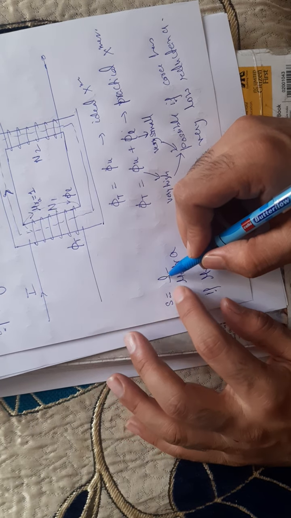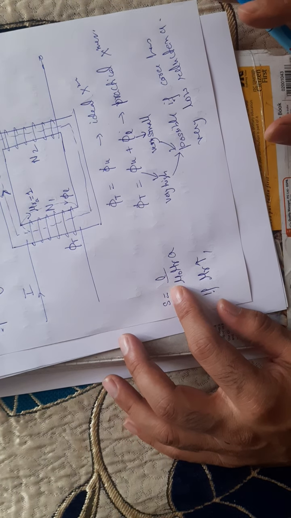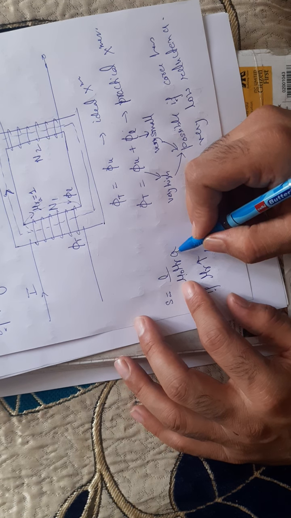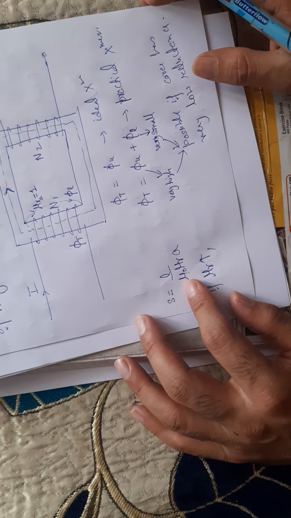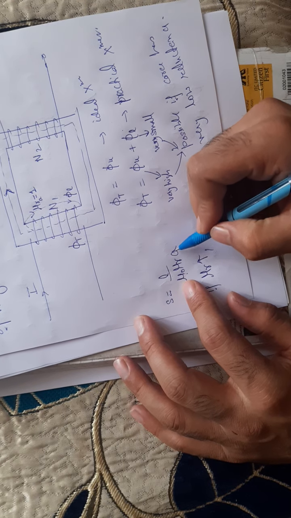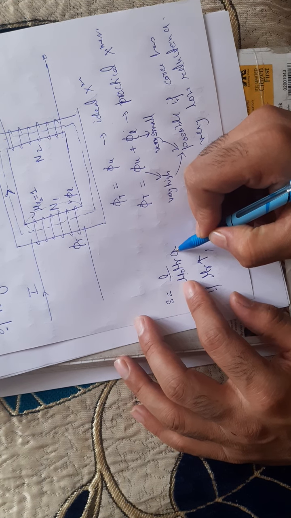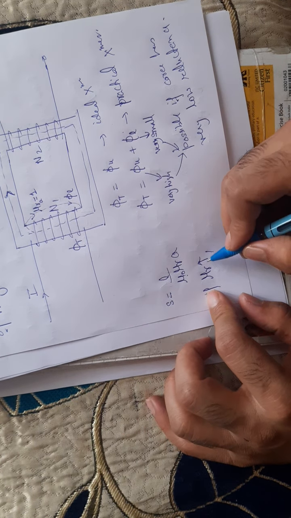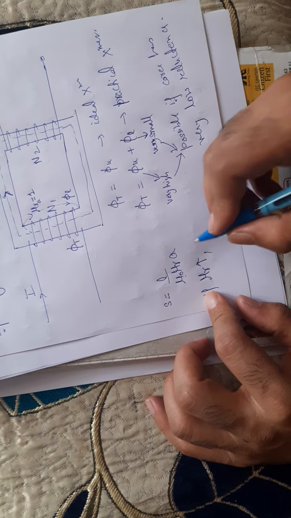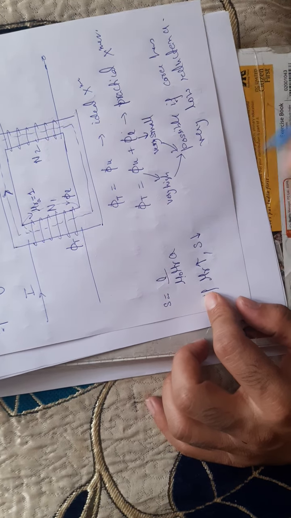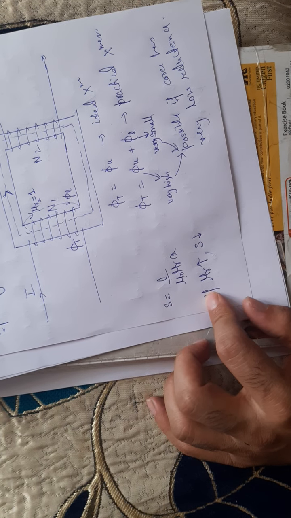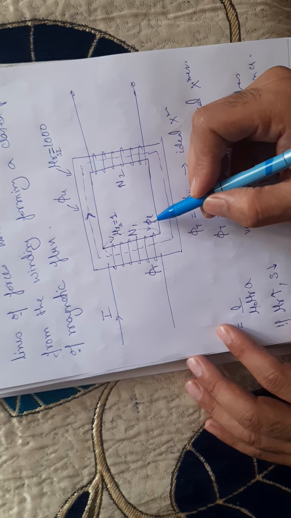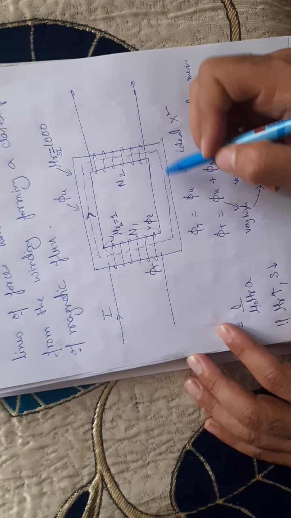The length of the conductor cannot change once the transformer is constructed, mu naught is constant, and area of the cross section also cannot change once you have constructed a transformer. So I am saying L, mu naught and A are fixed for a particular transformer. Then I will say S is inversely proportional to mu r. So if I am increasing the permeability, what will happen to the reluctance? Reluctance will decrease. Okay. So I am saying this leakage flux, it is not cutting both the windings.